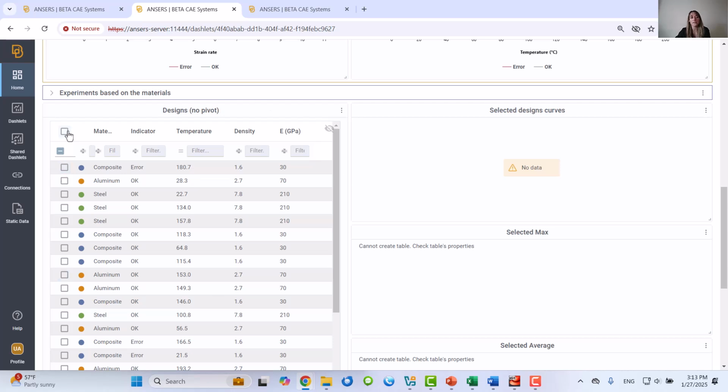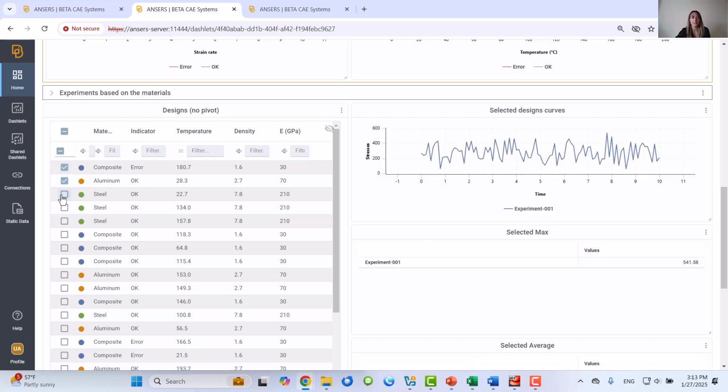Here we have collected a list with all the materials, so each row represents a material with some fixed values, and we can display the stresses over time for those experiments.